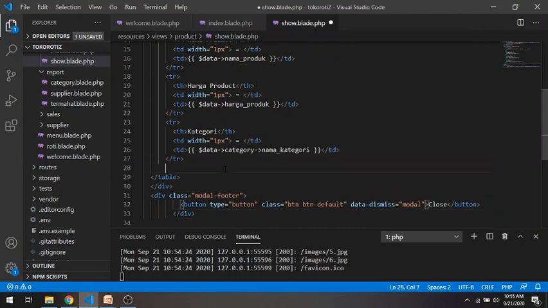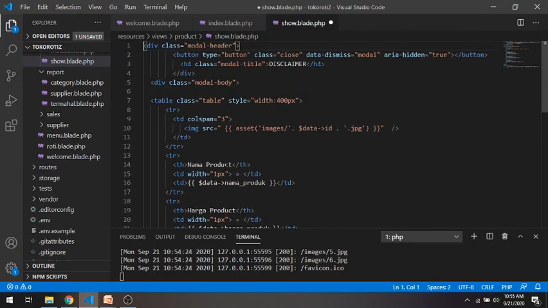This one. We modify the sublet, and then modal ready, table ready. Okay, we check it again.